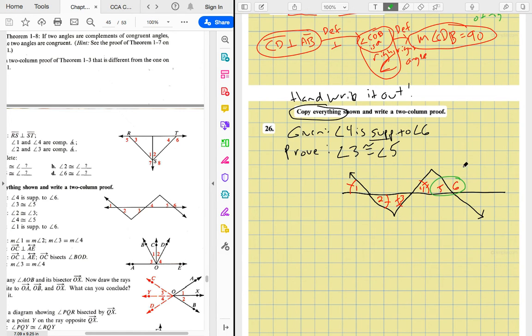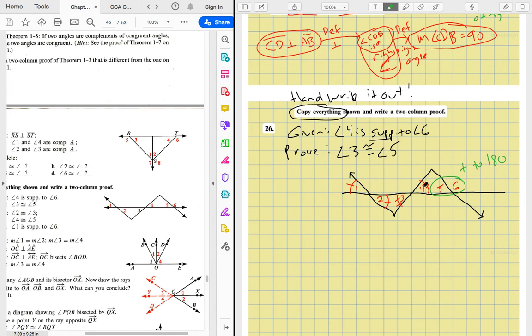So these here, right, they add to 180, and we got to show it adds to 180, and therefore they're going to be supplementary, because if you add to 180, that's the definition of supplementary angle. So we got to remember the reason. Measure of angle 5 plus measure of angle 6 equals 180. Why are we allowed to say that? Okay, so